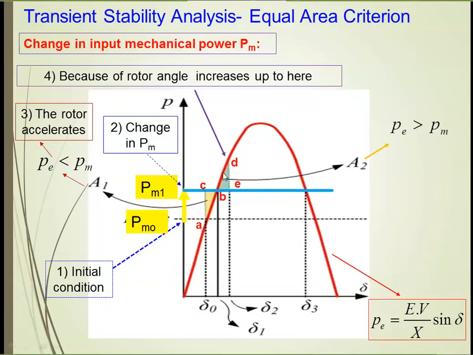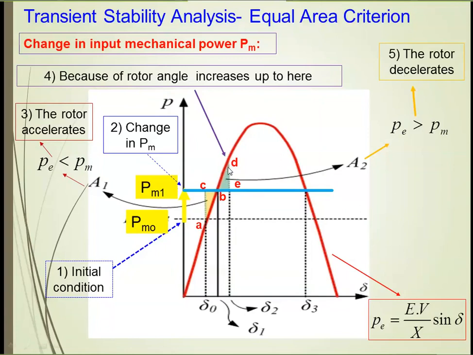And now from the swing equation, Pm minus Pe, and now Pe is greater than Pm. So that means Pa, the accelerating power, now has a negative sign. So thus that power is actually decelerating power, and the rotor will continue to increase. Beyond this point, Pe becomes greater than Pm, and as such the rotor will continue to increase up to this point